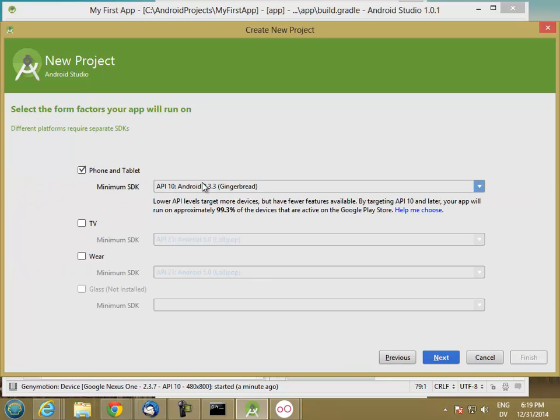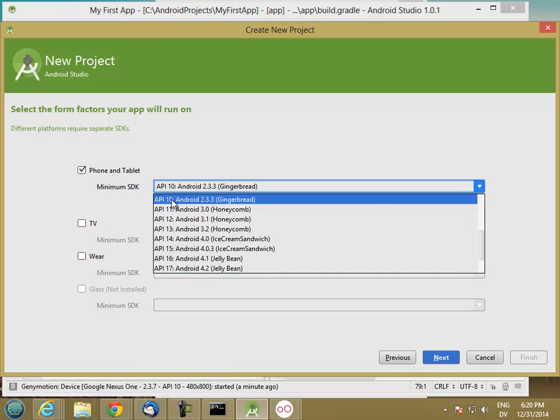Now, this minimum API level, this is important, and basically the version that you set this to is going to determine the level of backwards compatibility that you have to support in your application. And I'm going to leave this at 10. You should set it to 10 as well,